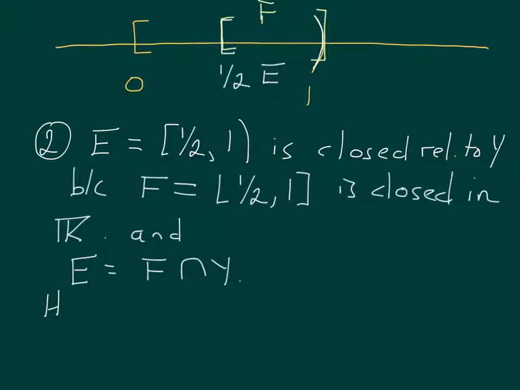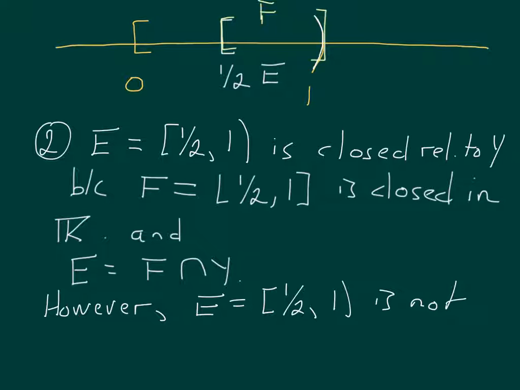However, E equal to closed 1/2 open 1 is not closed in R with its usual Euclidean metric because, well, for example,